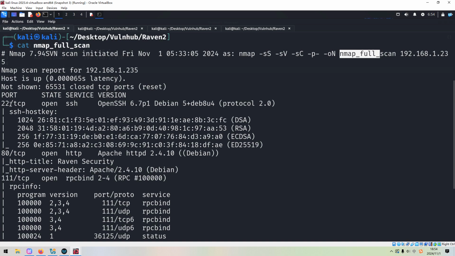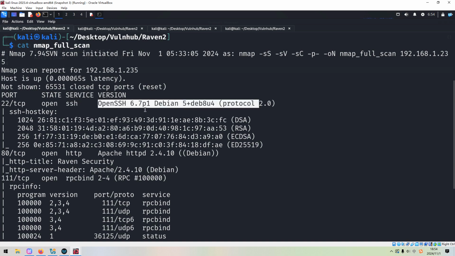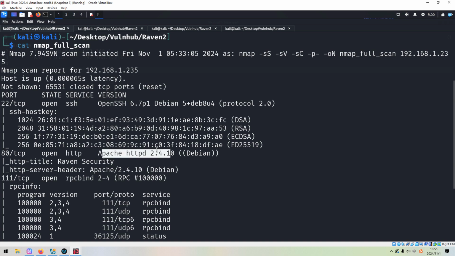The first one is 22, which is running SSH service, and the version is 6.7. This version is a bit outdated. However, I don't think we can find any vulnerability except the username enumeration vulnerability, which is not what we want at this point. The second one is 80, which is running HTTP service, with the version information Apache 2.